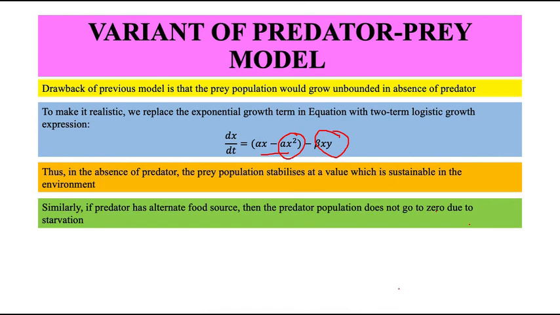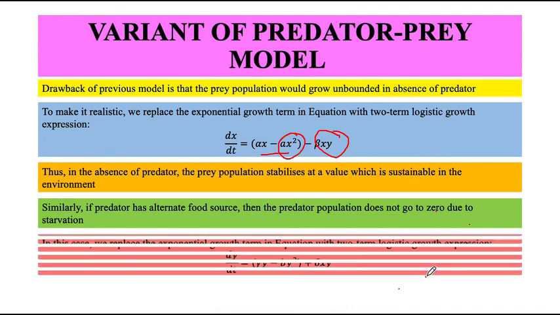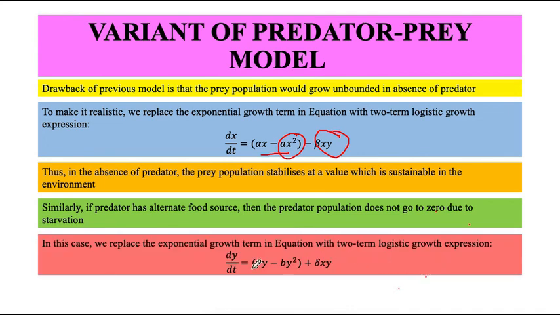So I would account for that: dy by dt takes into consideration my increase in population because of small fish. I modify this a little bit to take care of natural death by minus b y square. So this is the increase in population when I come in contact with some other restaurant food, not the mess food. This is the manner in which we could model a complex food chain.